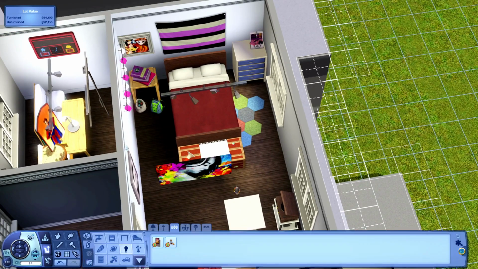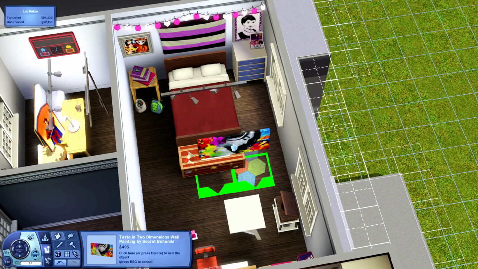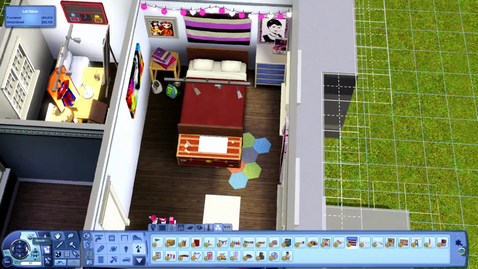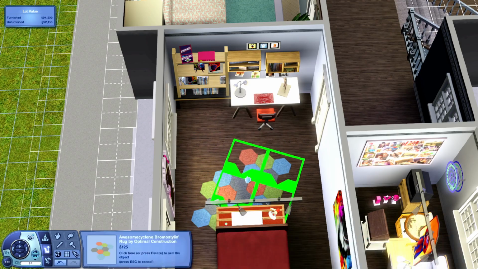So the constraints that we were working in, which is a little bit different from the original challenge that Vixella has created in The Sims 4, is that we could use the pack that we were given and then also base game. So that's all I've used in this room, and you're gonna see coming up in a little bit